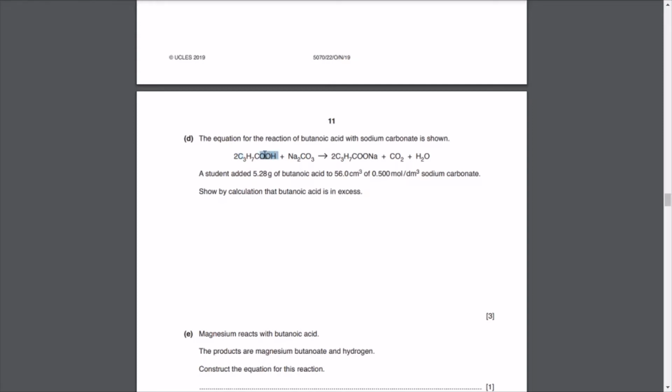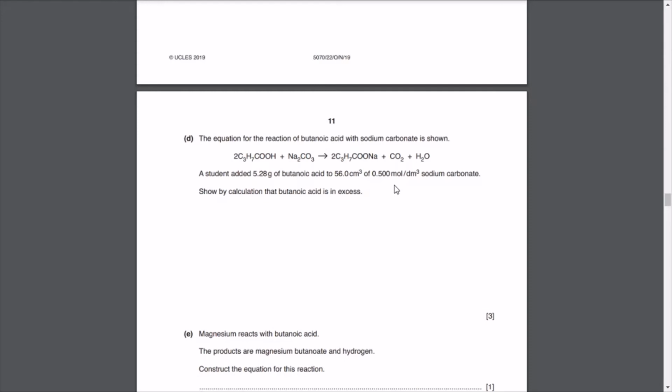Well, if you do this, you can take help of the periodic table, which is definitely given at the end of this paper, and you can do it from that easily. You will calculate it; it is going to be 88, and then you're going to do 5.28 upon 88. Why 5.28? Once again, it is mass upon mR. Why mR? Because it's part of the formula, and mR is 88. So 5.28 upon 88 is equal to 0.06